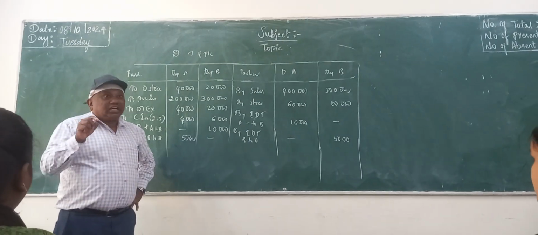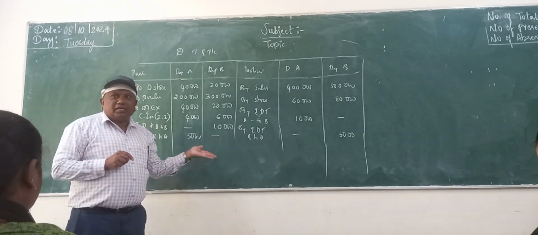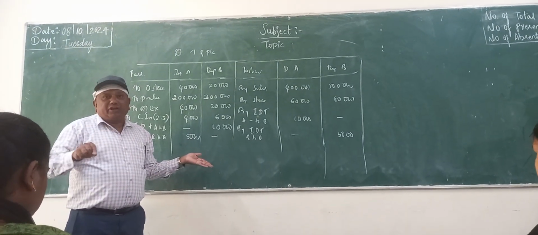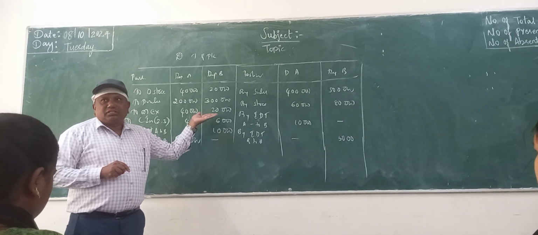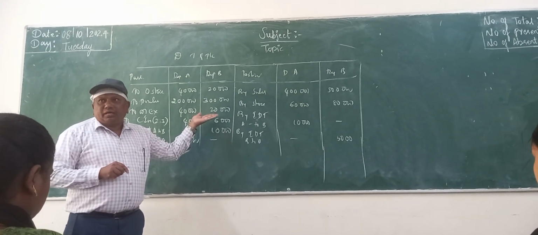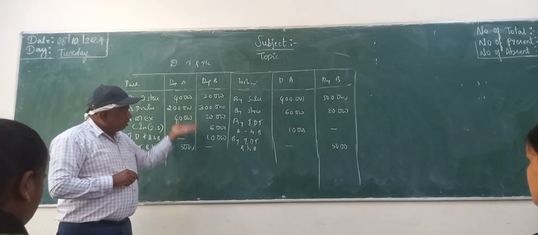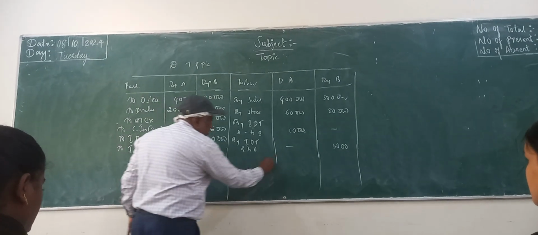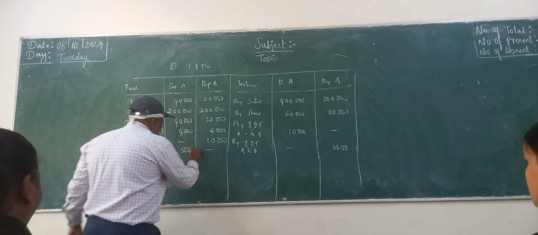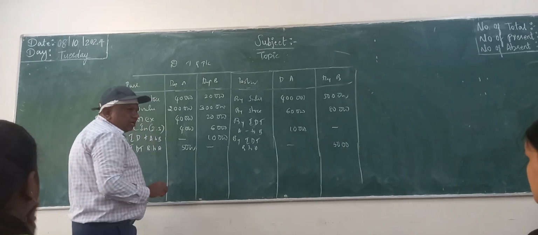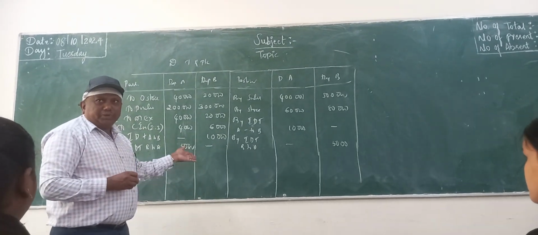Now, service, right? Service we write in profit and loss account, not in trading account. That's why I am writing it there. So the trading account is completed, right? Next, all expenditure goes in profit and loss account. So this is completion, right?